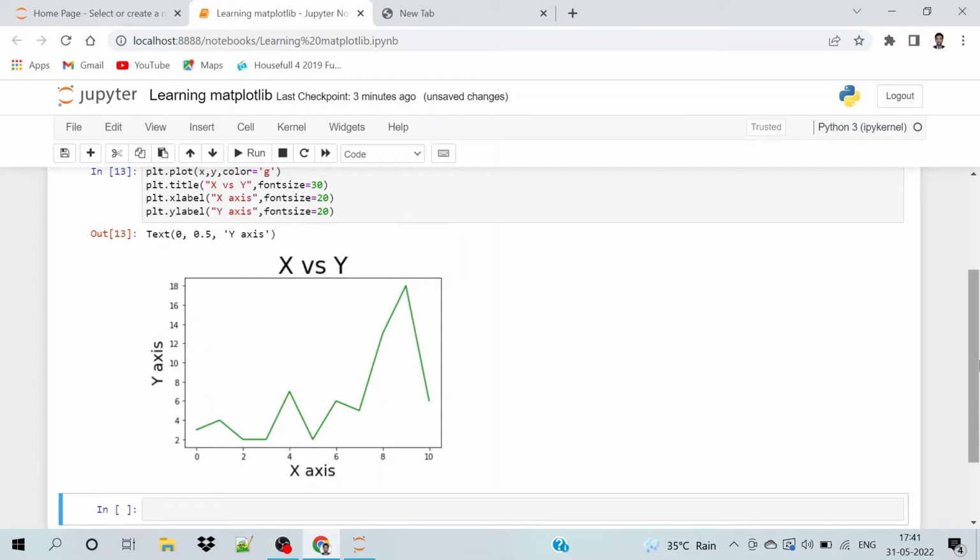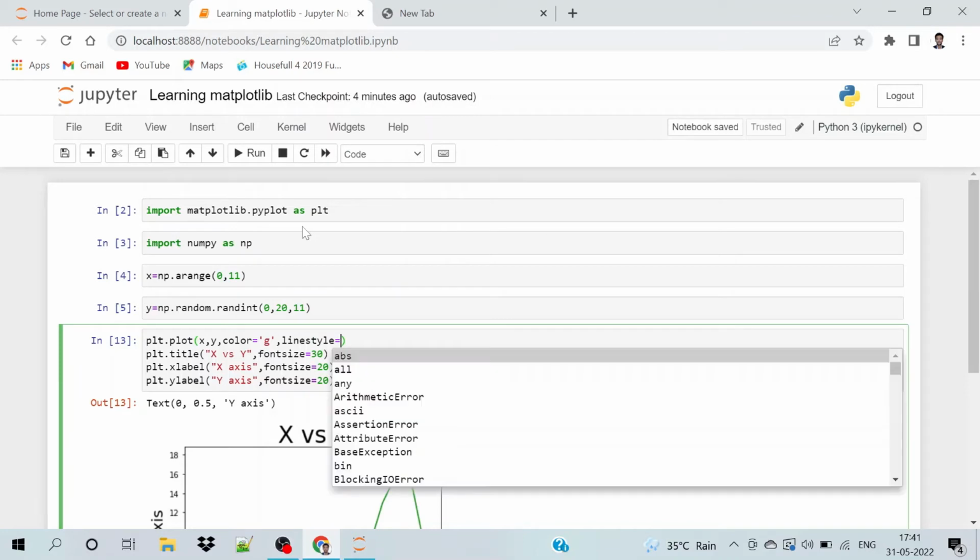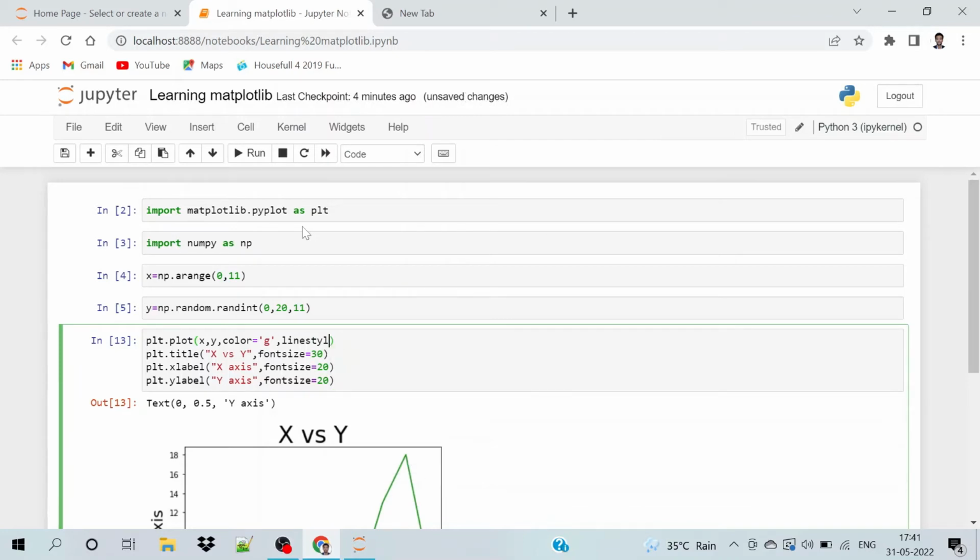Also we can change the style of the lines, which we are seeing here. It's a proper line. We can also change the line style. So just type line and press tab. Okay, linestyle, and here you can give, for example, a colon for dotted lines,